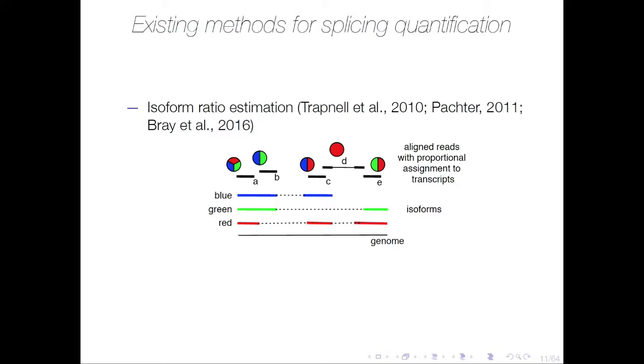And what he's showing is 3 different isoforms here for the same gene and corresponding short RNA-seq reads, as well as the ambiguity in the assignment of these reads to these different isoforms. So this first read could have come from any of these 3 isoforms. The second read must have come from the blue or the green. And actually, only this one splice read, D, unambiguously gets mapped to the red isoform.